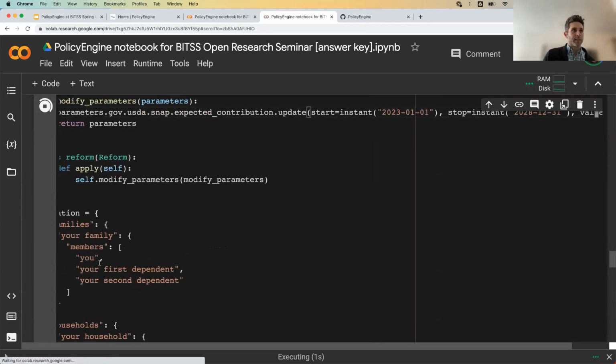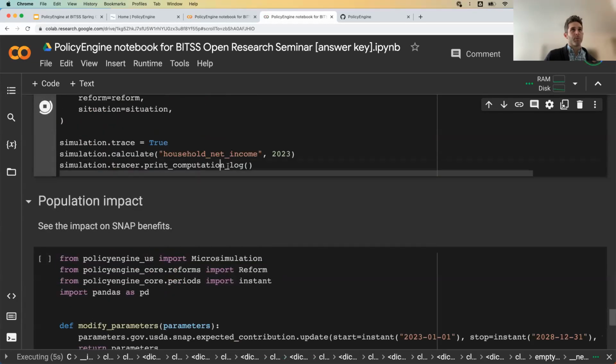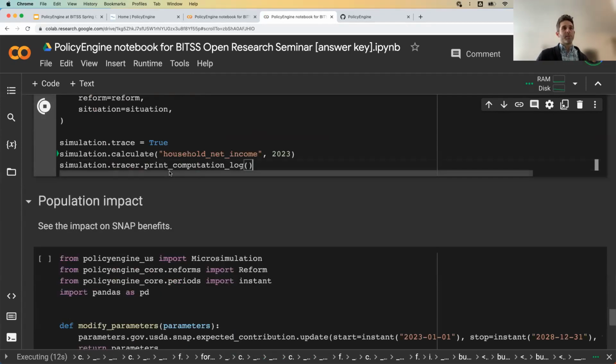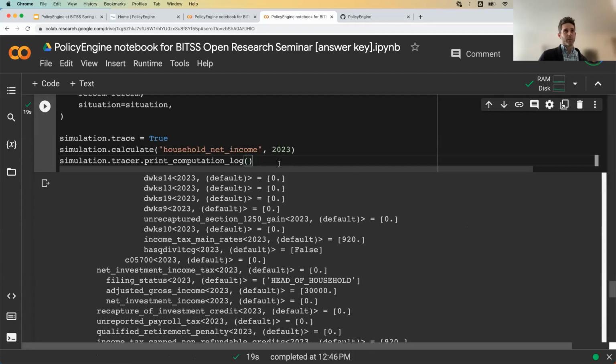But the really powerful thing is if we turn off the print computation log, we can run through a loop of different policy scenarios. And it's really just maybe a 3 or 4 line Python loop to figure out how someone's SNAP would be affected by different levels of these parameter values.